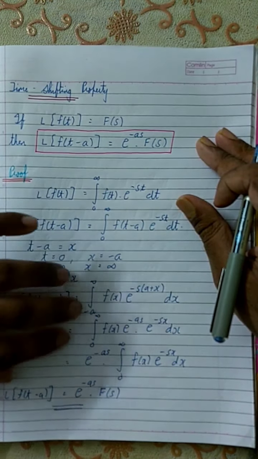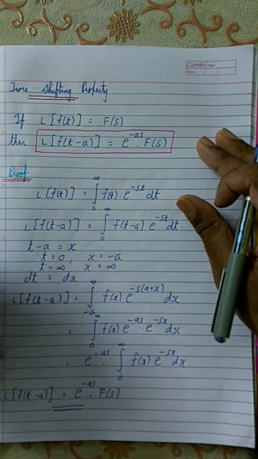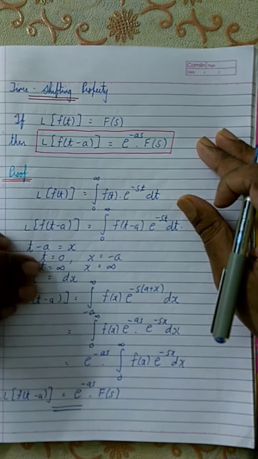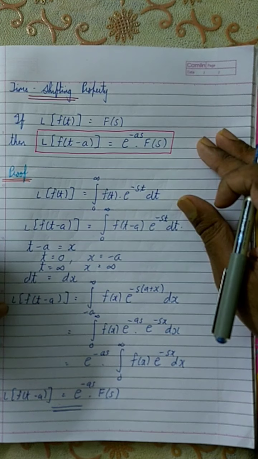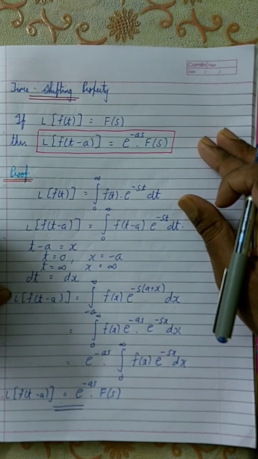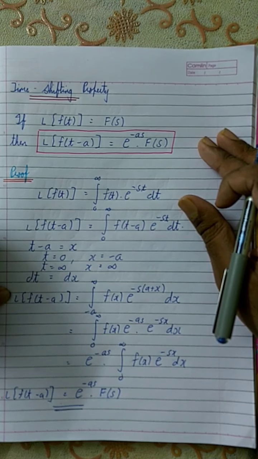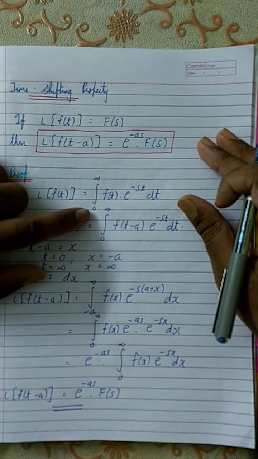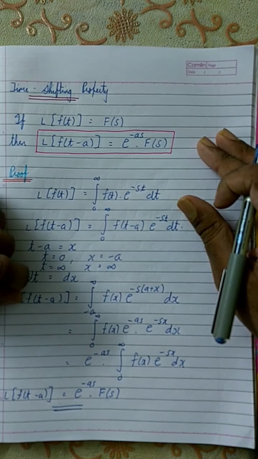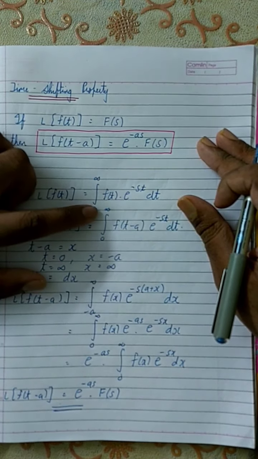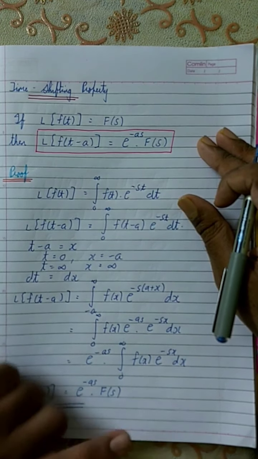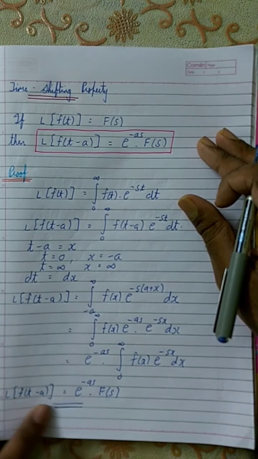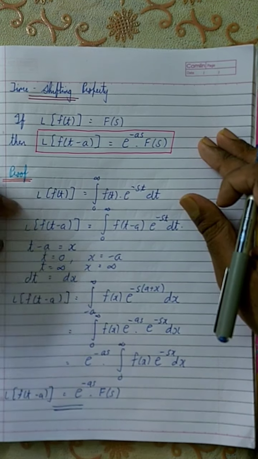This is not written in most of the textbooks, okay? Because in most of the textbooks, when applying the time shifting property, they explain it assuming that the Laplace transform is bilateral, not unilateral. Bilateral means that the integral will be from minus infinity to plus infinity. But since in this subject we are using 0 to infinity, that is why the explanation is like this. And from there you got this equation, e raised to minus as into F of s.